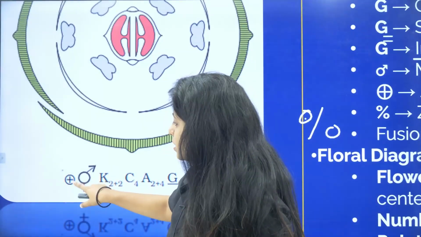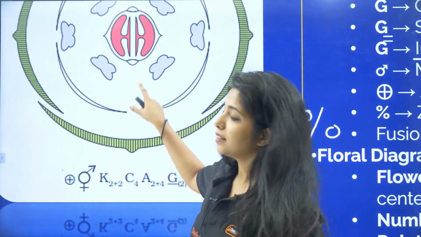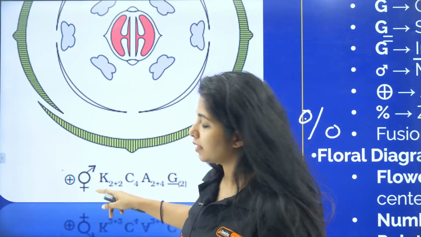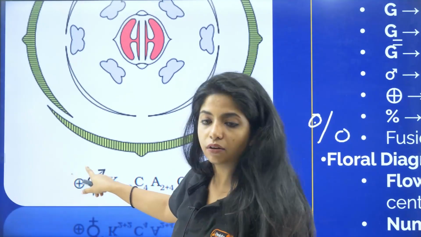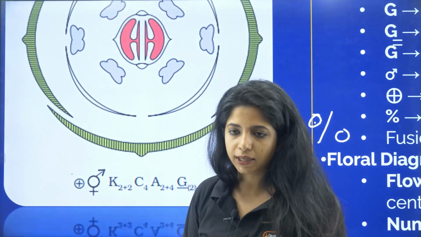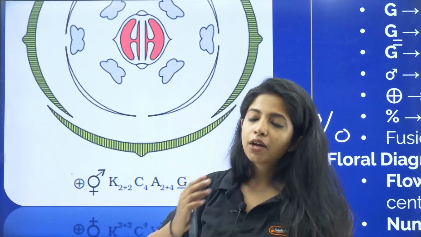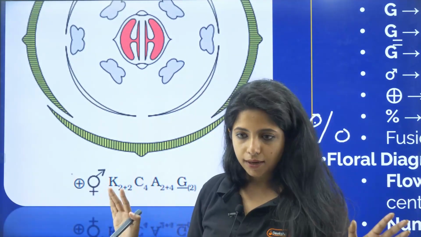And now if you see over here, it is a bisexual flower. That means it has both the androecium as well as the gynoecium. Yes, you know that. And my dear children, the plus sign here in the circle means that they are actinomorphic. That means they can be cut into equal halves through any plane. So this is an